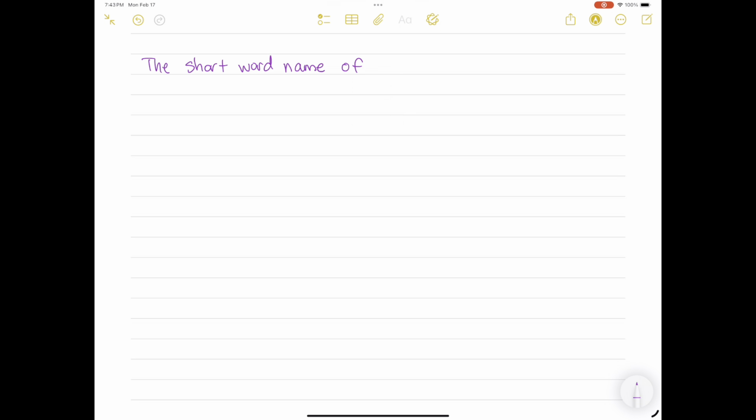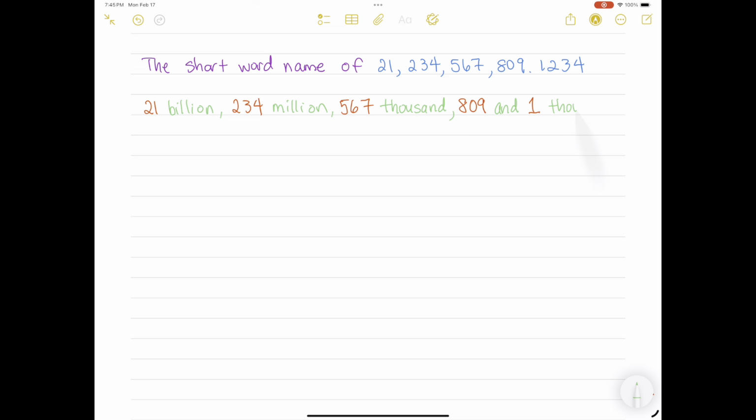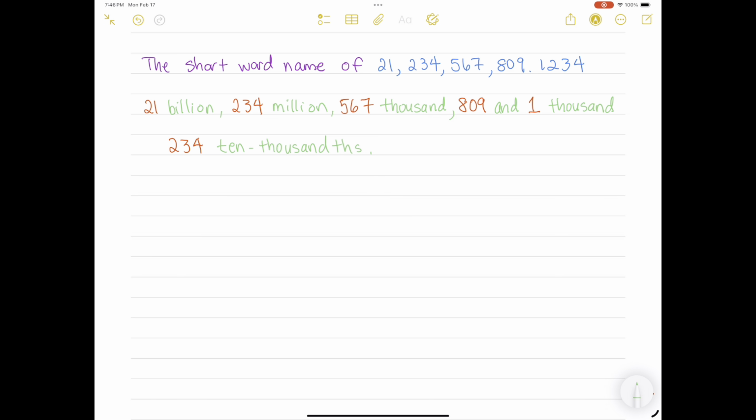Hint: 0.1 is 1/10. 0.2 is 2/10. The short word name of 21,234,567,809.1234 is 21,234,567,809 and 1,234 10,000ths. If you ever find yourself with the need to write a check for this amount of money, you would write it out this way: